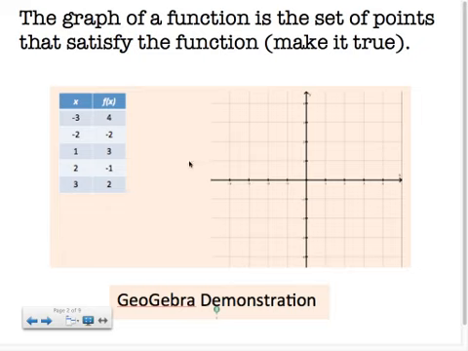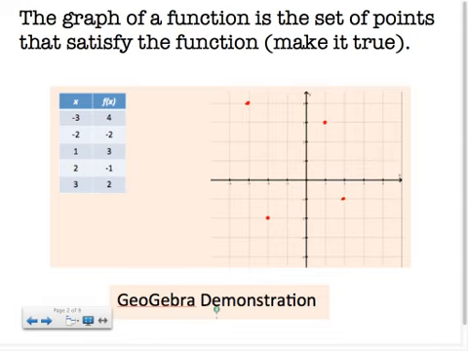So if that's an equation, that means makes the equation true. If it's a verbal statement, it's make the statement true, etc. So here we have a table of values, and this is all we're given about our function f. So let's just go ahead and plot these values here. So we have negative 3 comma 4, and then negative 2 comma negative 2, and 1 comma 3, and 2 comma negative 1,